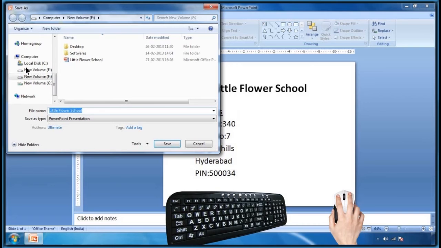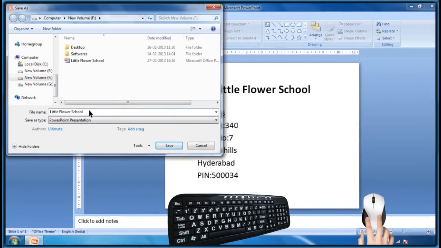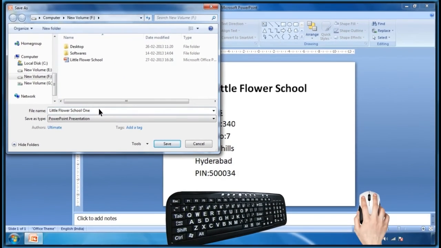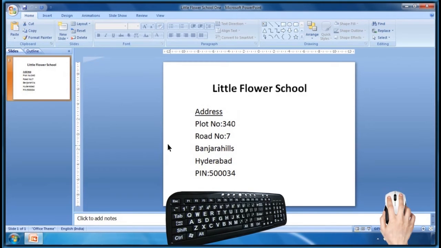Here you can choose the location and type the file name you want. Click on save button. Now observe the title bar of the file. This file saved as Little Flower School 1. Now you have two copies of this presentation. One is Little Flower School and second one is Little Flower School 1.